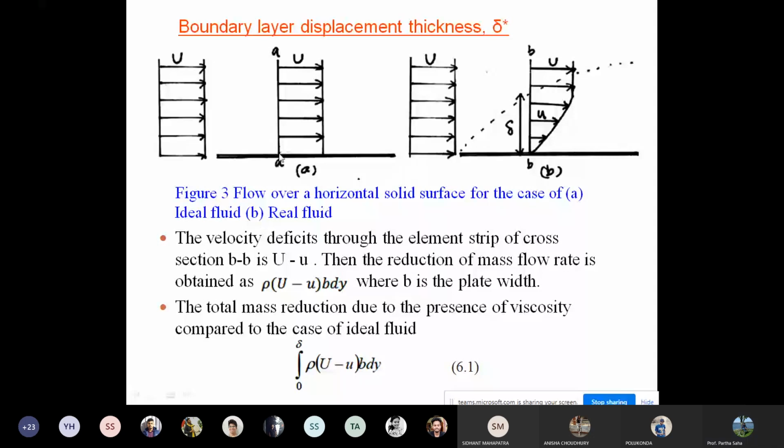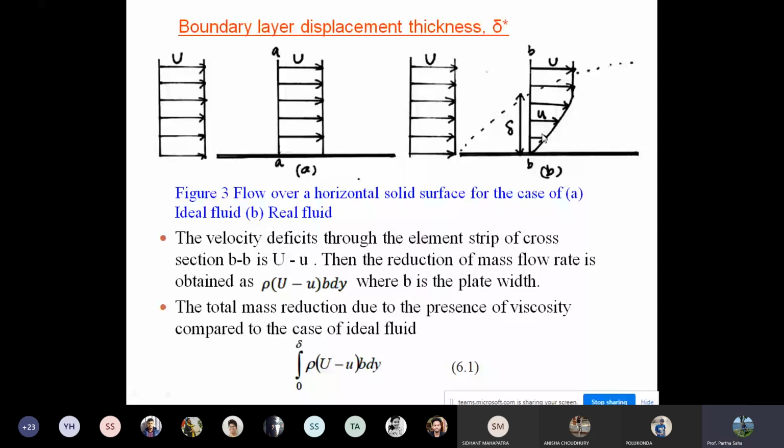In the second case, as you can see, the velocity is not constant. It is gradually increasing. So this dotted line is actually the boundary layer, and this is the velocity profile. The dotted region is where the boundary layer concept is developed. So there are two scenarios. One is where there is hardly any boundary layer, and the second scenario where the boundary layer has been developed.